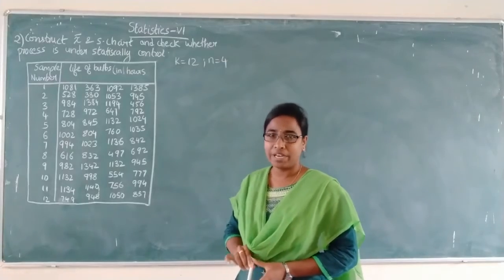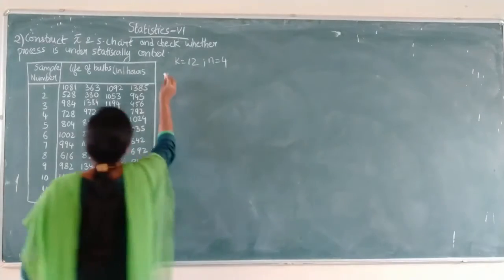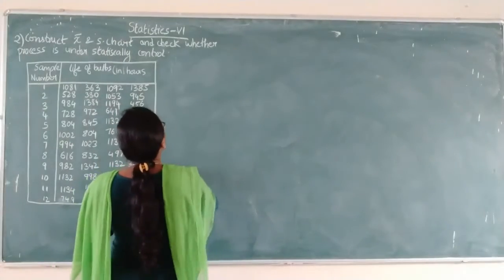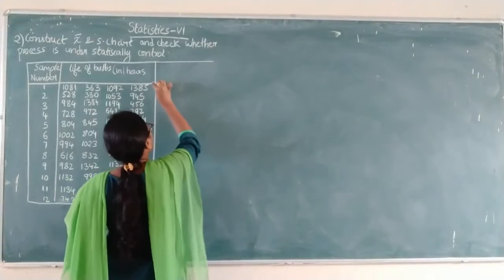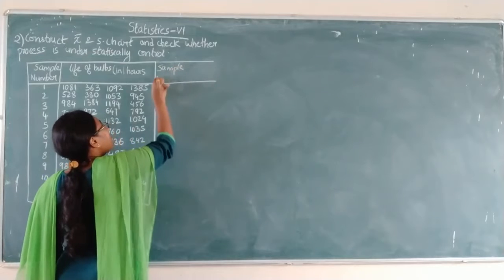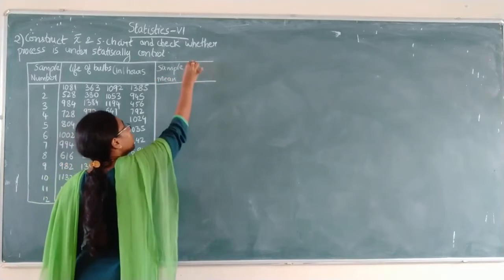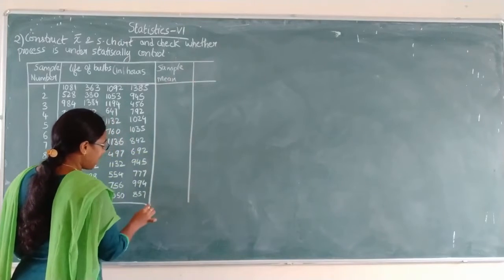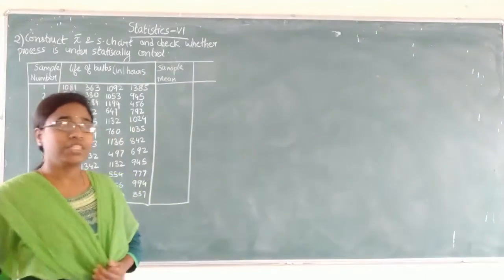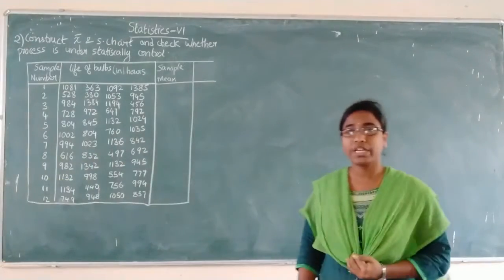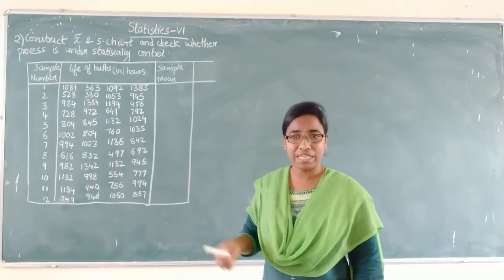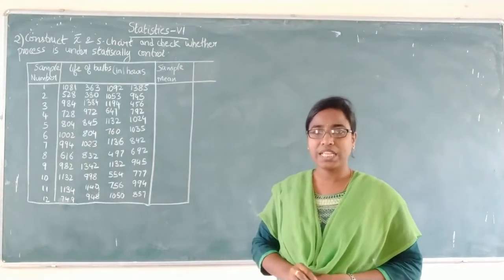First we want the sample mean, right? For the mean chart we have to calculate the sample mean. For the given 4 observations, we will find the sample mean. So that is for the mean chart. So how will you construct the mean chart? You have two cases, case 1 and case 2. Here also the standards are unknown, so we will estimate the standards. So we will be using the second case.